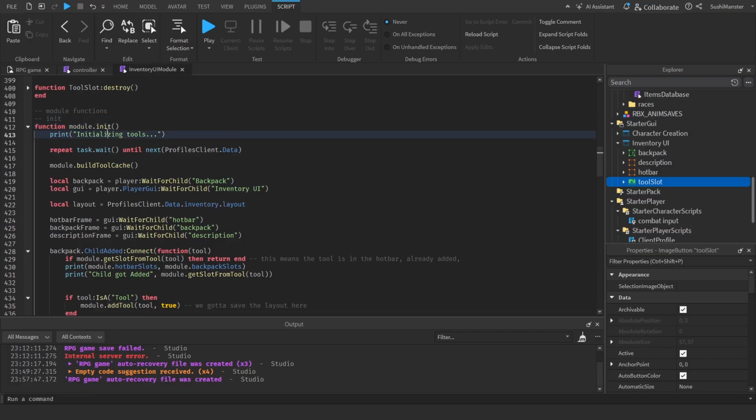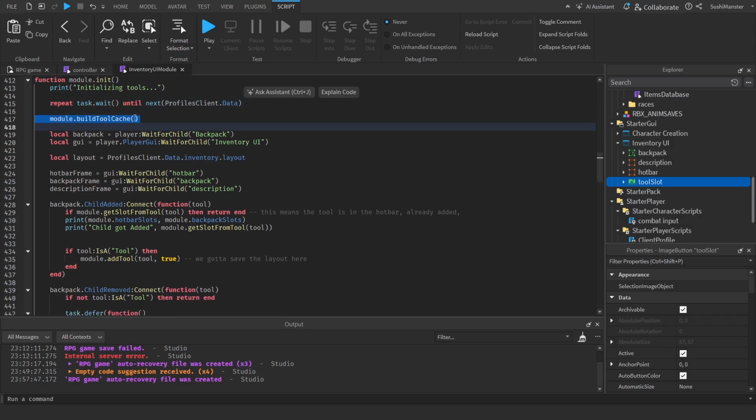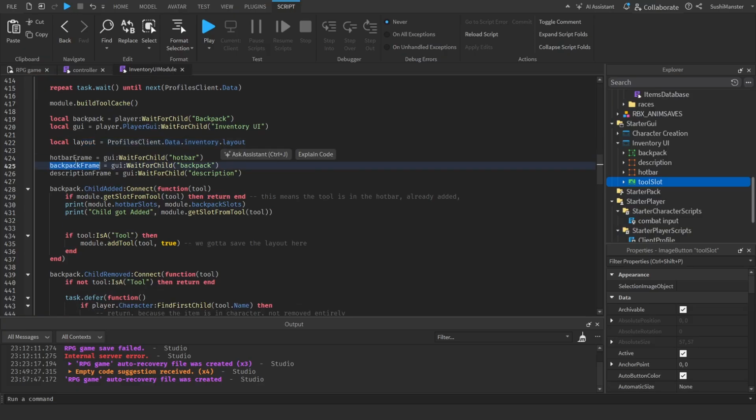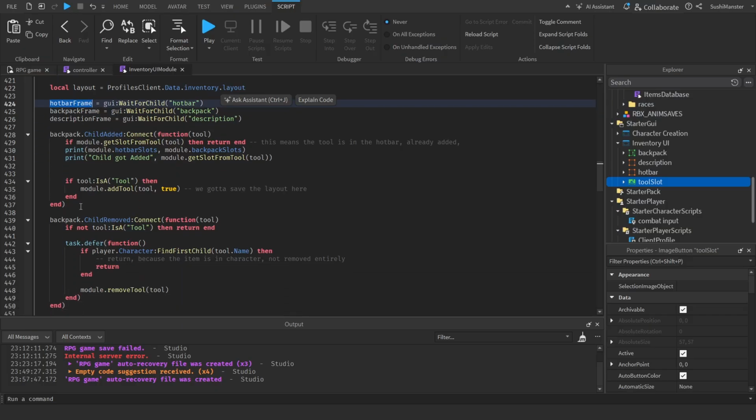And then we go to init and clear inventory. So there's an initializing tools print here. You don't need to add that. But there's task.wait, repeat task.wait until profile client.data. So we need to wait until the data exists. And then we build the tools cache. Once the tools is available, of course, we can use it freely from the IDs. So we get the backpack, we get the GUI, we get the layout of the inventory data, we get the hotbar frame, we set the hotbar frame to this, backpack frame to backpack, description frame to description,